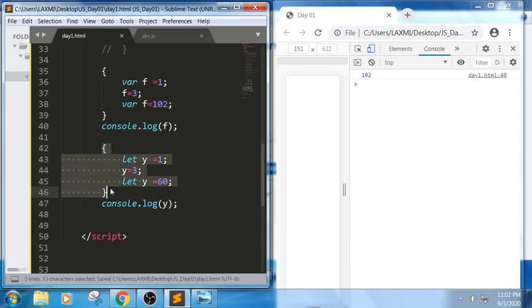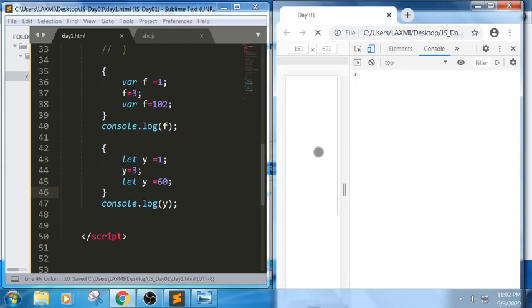This is a block of code. Anything enclosed between curly braces, we call it a block of code. We call this one a statement, a general line. We need not place a semicolon also. In JavaScript we have automatic semicolon insertion. It means if you don't place a semicolon, it will automatically be placed by default for every statement. Now let us see what the snippet will give.